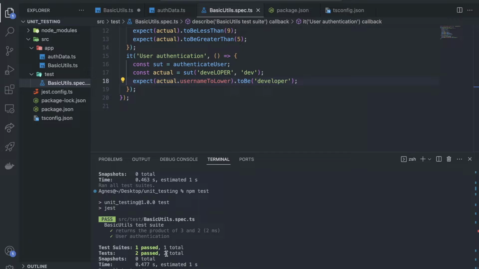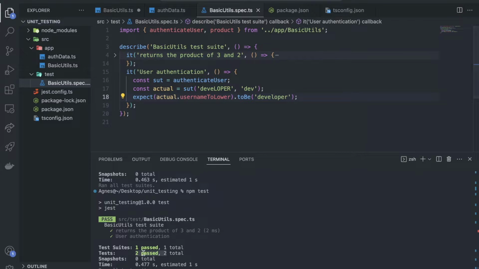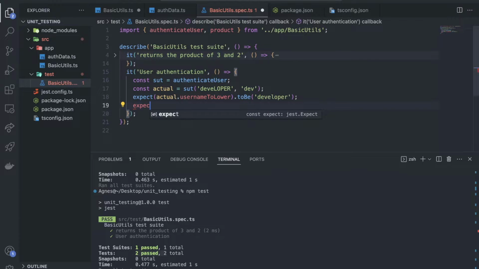Alright, so now we have two passed tests. The first one is for this it function. So you see that every it block has its own test. And the second one is for the second it, which is user authentication, and the two tests are passing. So the next thing we want to do, we want to expect